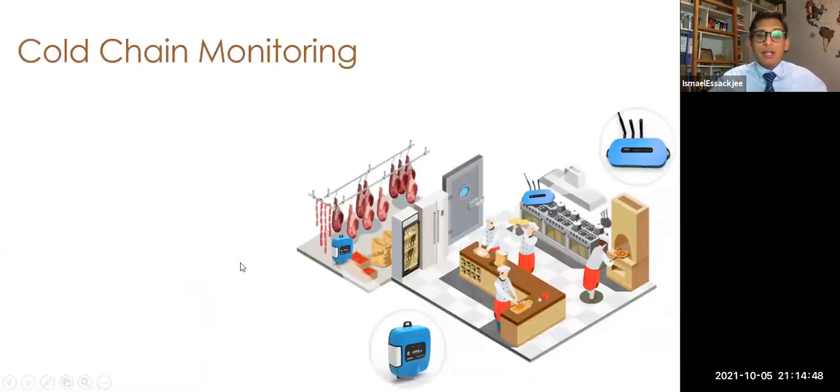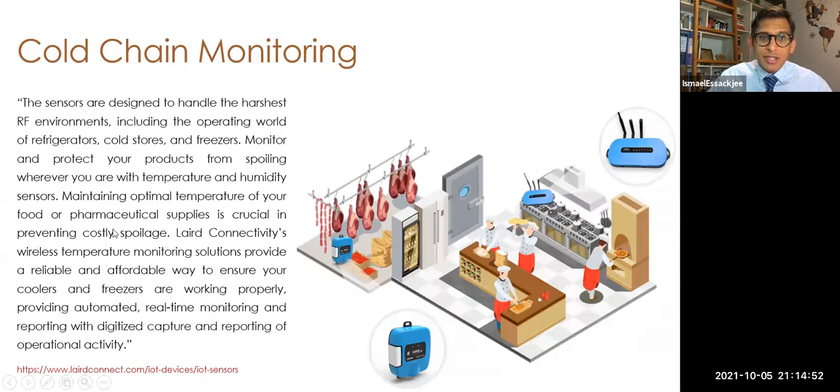So be careful. Let's see cold chain monitoring as well. The sensors are designed to handle the harshest environments or refrigeration environments, and so on. Basically, you can read through that. But what I want to tell you here is that, let's say it is operating in a very cold environment with humidity. You will need to choose not only sensors, but all the devices. Maybe you need to be careful about the IP rating you are choosing, the sensors, and the actuators, if you need to take action.